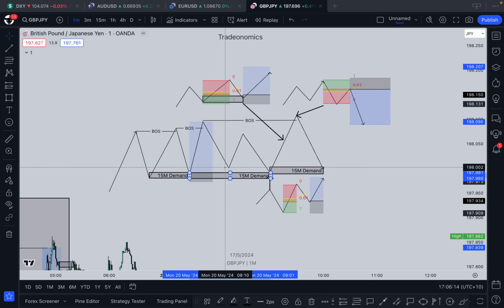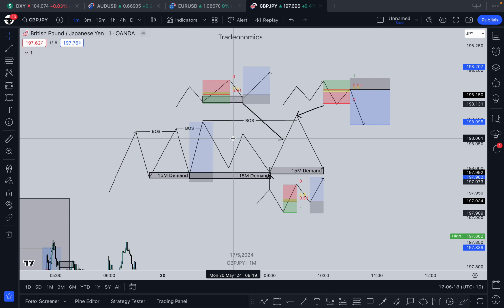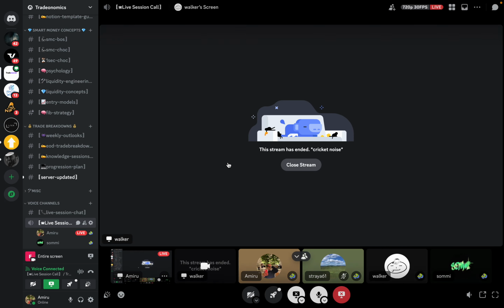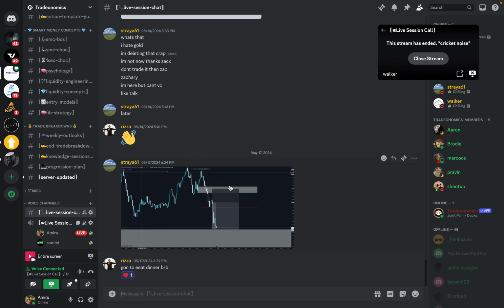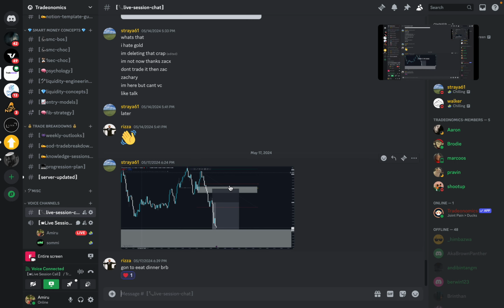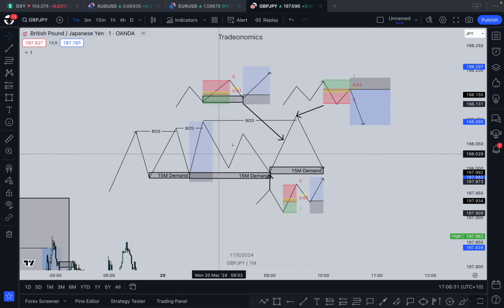Come up, come down, break through this low because it's weak. We didn't put in a new high. So the reason it's weak, you guys know why this is a weak low, right? Why is it a weak low? Yeah, because we didn't create a new high. Came down, take this out. So some stop losses will be here. We take some liquidity, enter the demand zone.